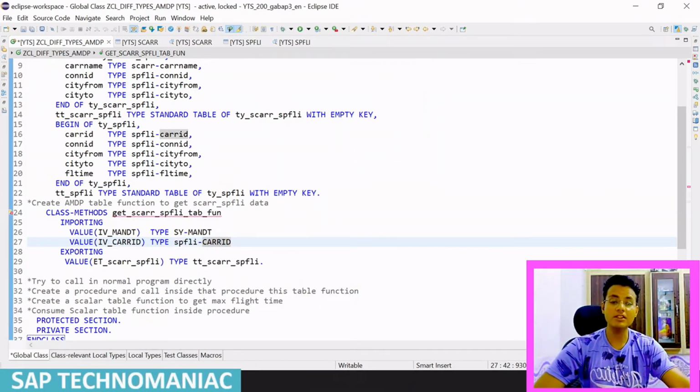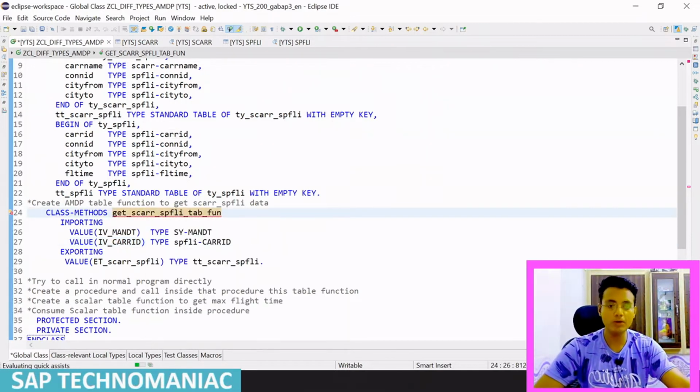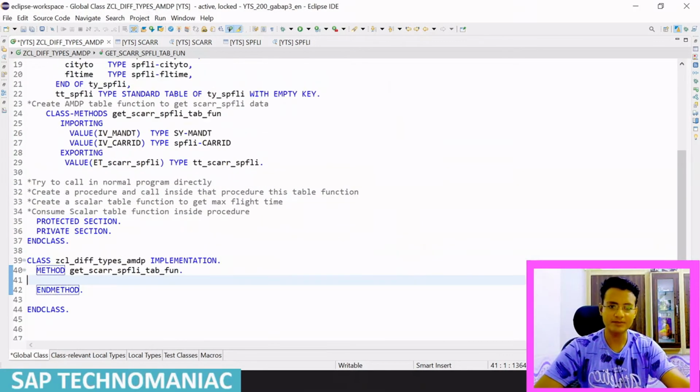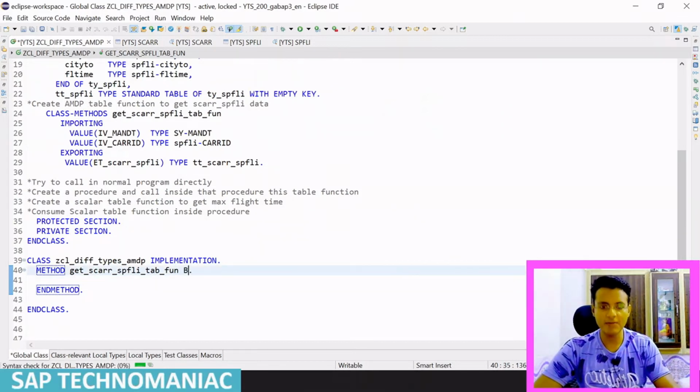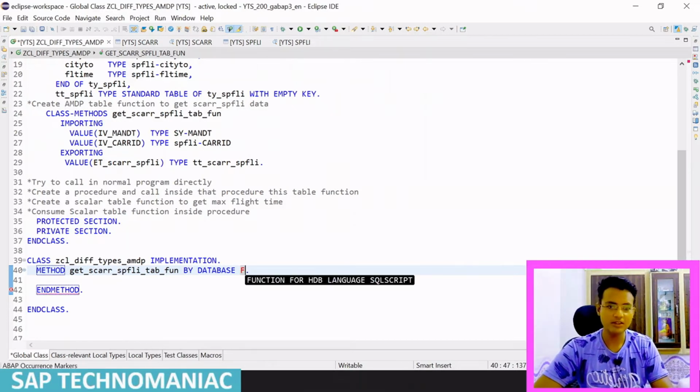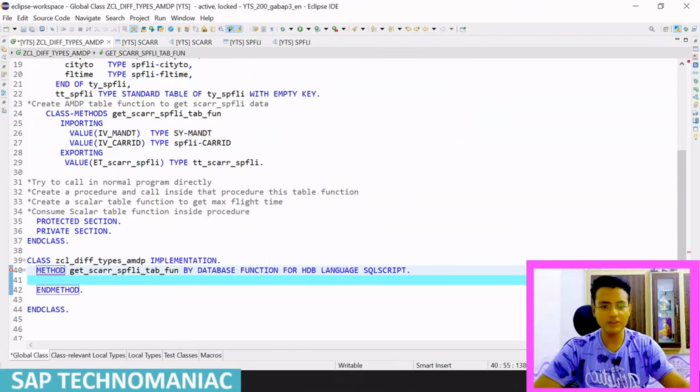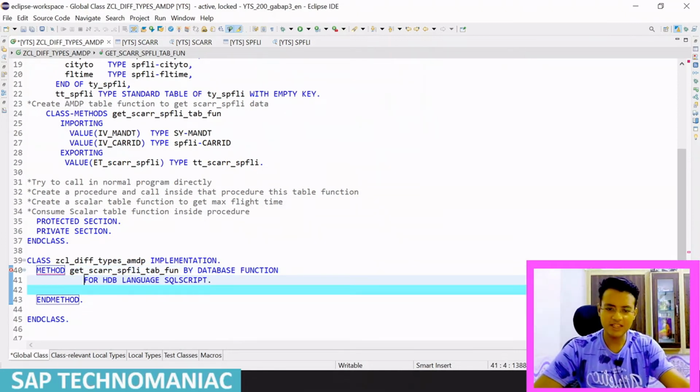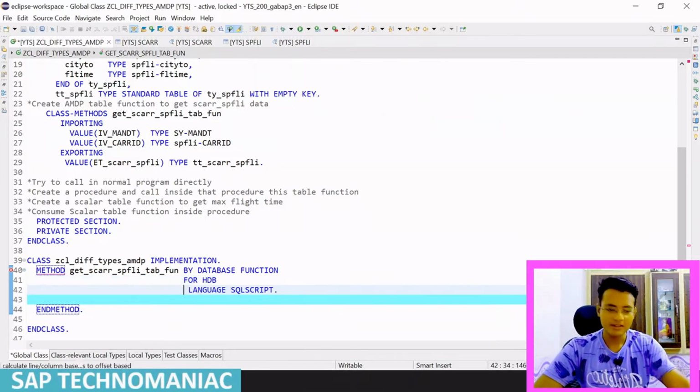So now it is telling, I hope it will tell the implementation is missing. Simple, you have to click on Control 1, create the implementation for this particular method. So this is the table function, not the procedure. So we have to write a database function, not a procedure. We have to write the function, a database function for HANA, for HDB, and which language? Language is SQL script. It came automatically. Okay. So since it is a table function,